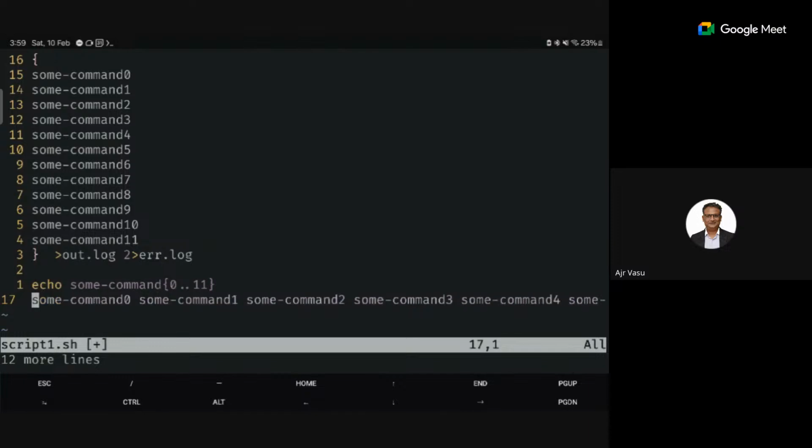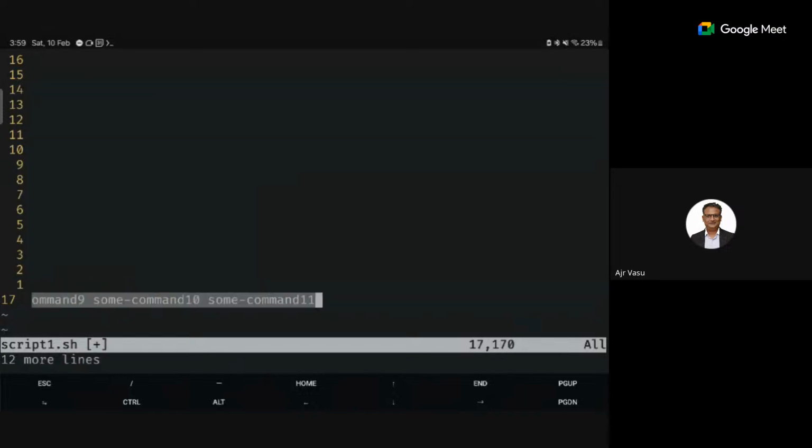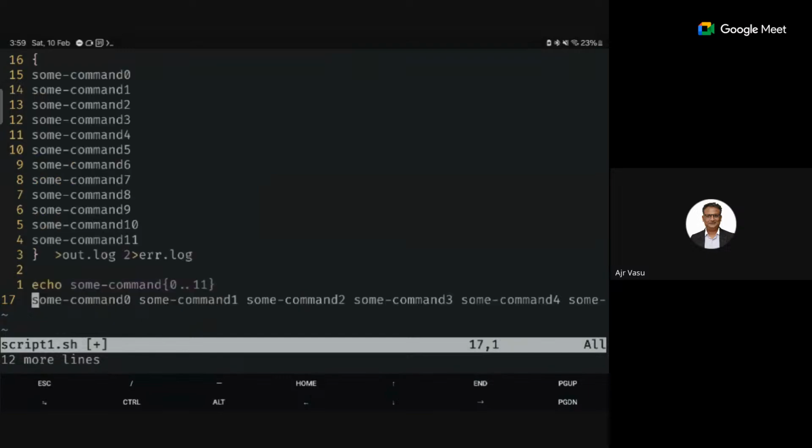The interpretation is that this is the command line: some command 0 is the command name, and the rest are all arguments. So it will say arguments not found, or if this command is not taking any argument, then it is successful, and the rest of the arguments will be discarded.